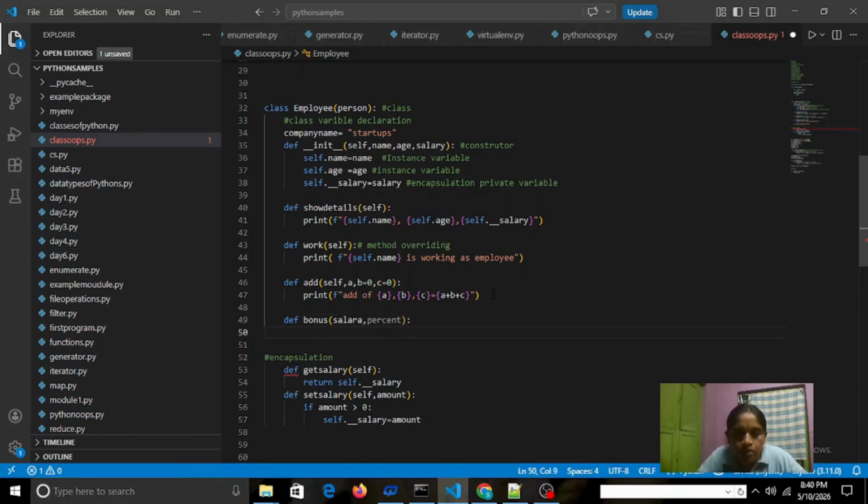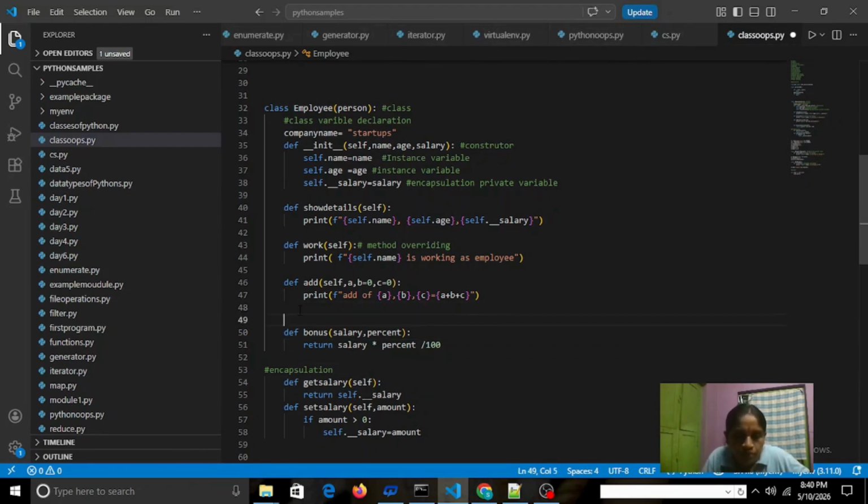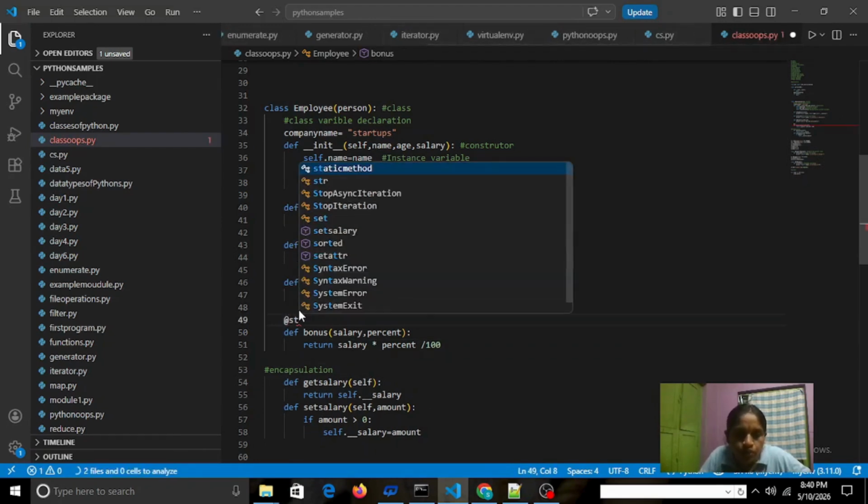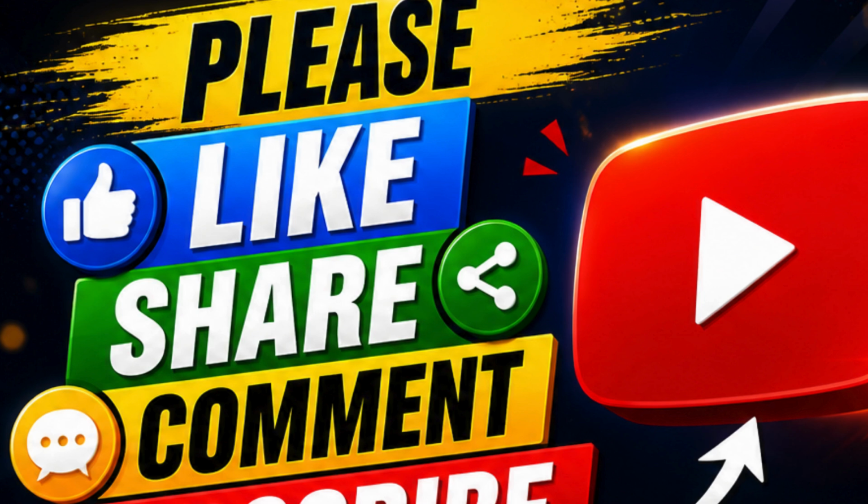Salary, one minute, salary spelling is wrong. Salary star percent by 100. It will calculate the salary. So if you want to make it a static method, we need to apply the static method keyword to this one. Then it will be used as a static method of the class. So now